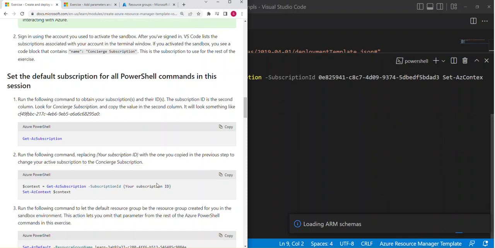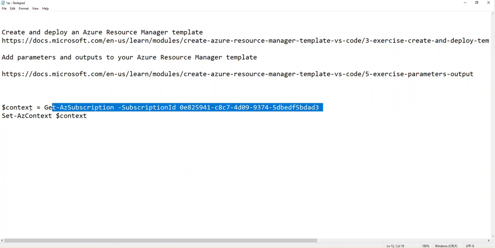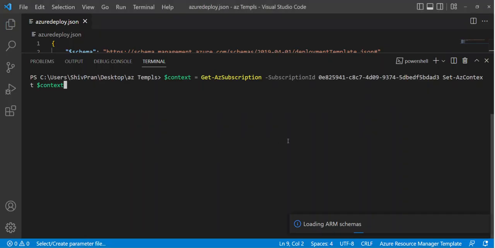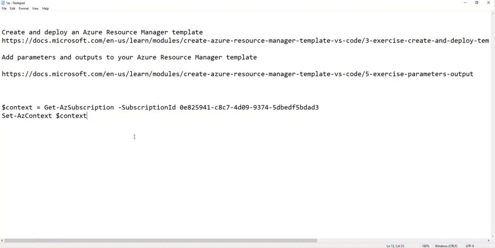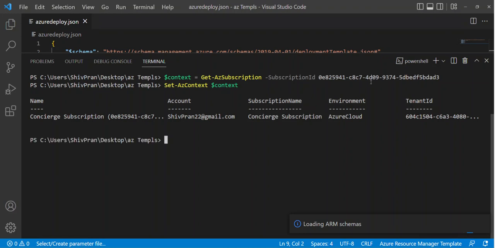Oh, these are actually not one line command. These are two different commands. So we have to run it like this. We have to get the subscription in context, and then we have to run the first AG context and hit enter. Okay, and then I need to run command set context. So this way we have set the default subscription on which we want to